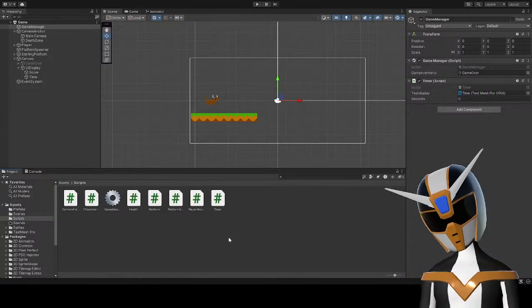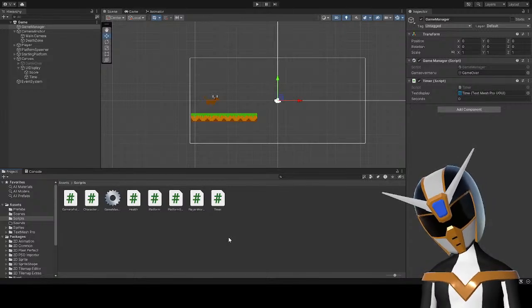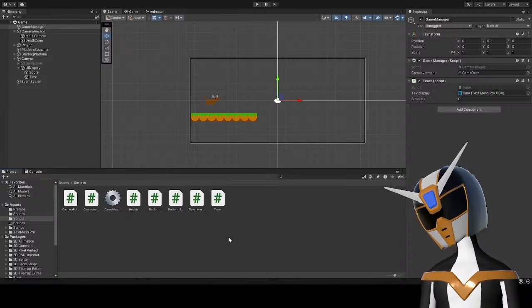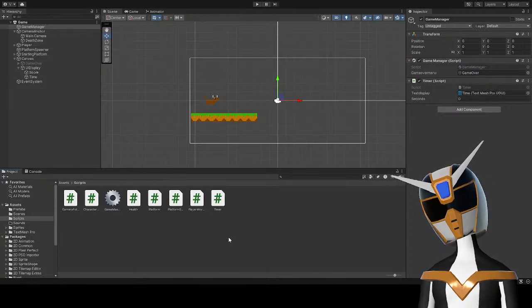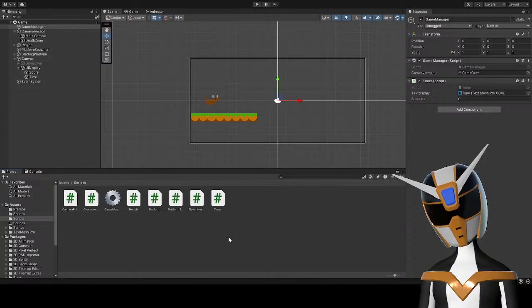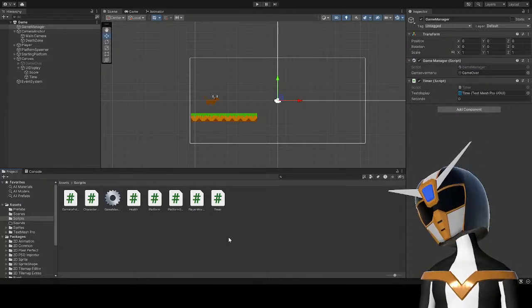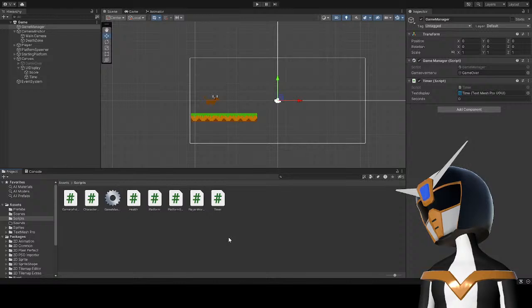Probably from breaking through things with your charge attack. And also, what else? I guess the distance that you go. I don't know if your time will play into the score. I think it's going to be based more just on your distance.